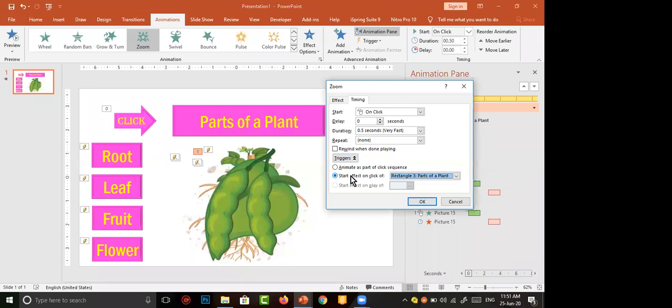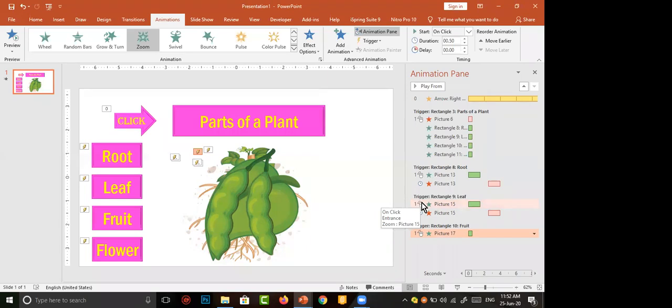But this time, this picture should appear when we click on fruit. So we have to search whether the fruit button is here. Yes, it is with the name rectangle 10 fruit. I have to choose it. Then apply OK.